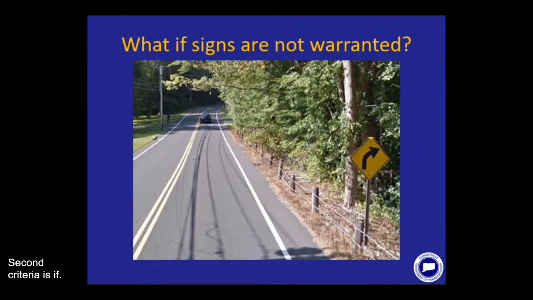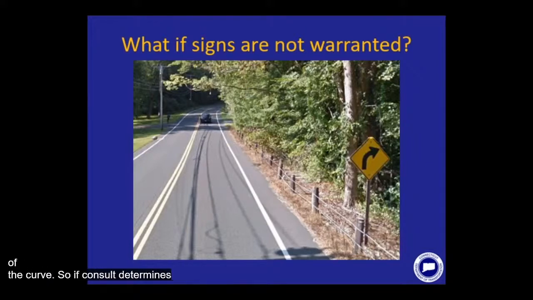The second criteria is if the measured advisory speed is greater than or equal to the posted speed limit, and there are no intersecting streets or hill crests present along the curve. The picture of the curve above is a perfect example of a curve where signing isn't warranted. When our consultants went out there, they measured the advisory speed and saw that it was equal to the speed limit. They noticed that there weren't any intersecting streets along the curve, and the curve was clearly visible in each direction as there weren't any hills to obstruct visibility of the curve.